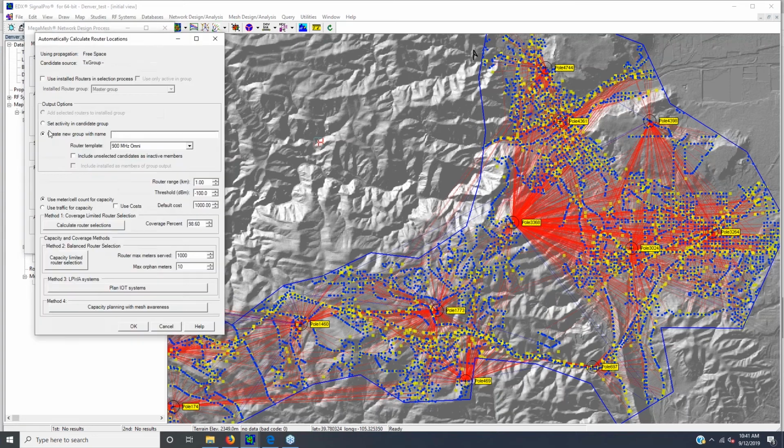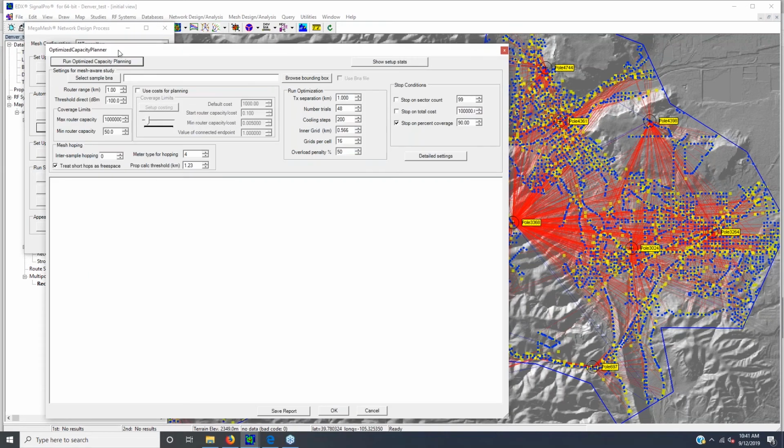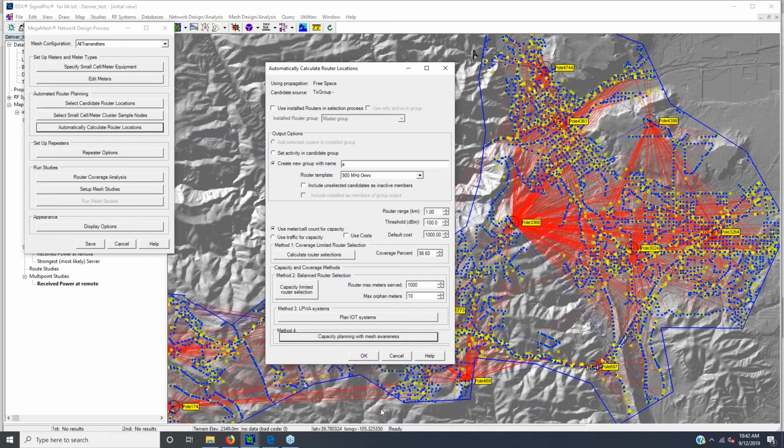So if I go into automatically calculate router locations, here's that same method, oh, I guess I have to give it a name. Here's that same method with the same setup parameters. And here we're talking about the number of mesh nodes served by a gateway as opposed to fixed multi-point subscribers or area grids. So if you learn to use this method number 4 automatic placement, you can really use it for just about any use case,